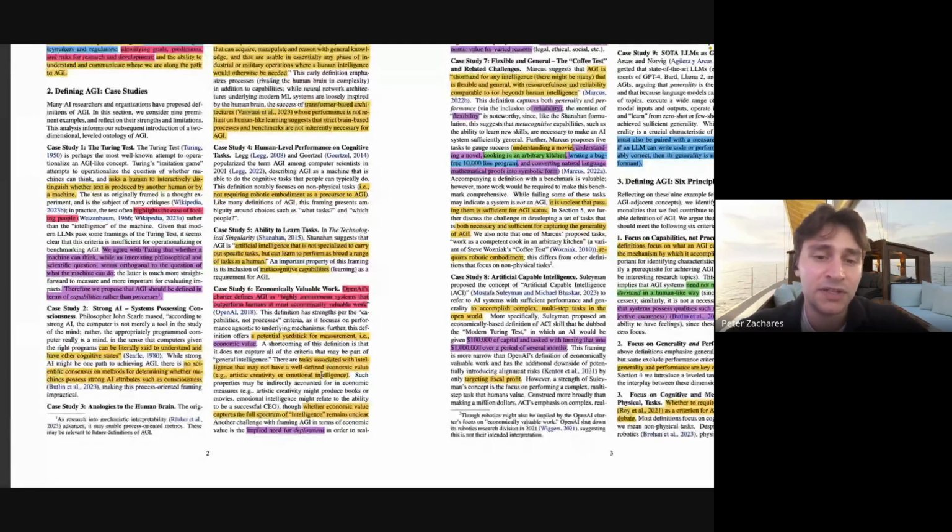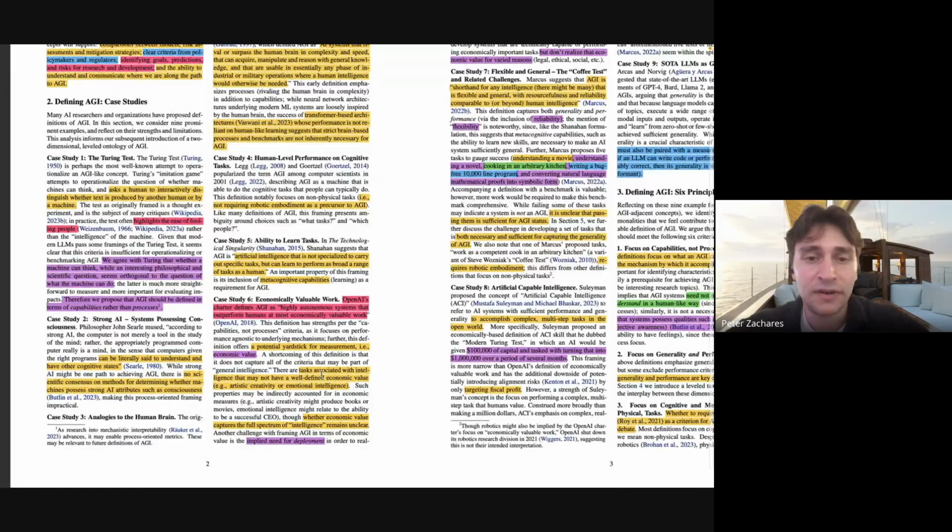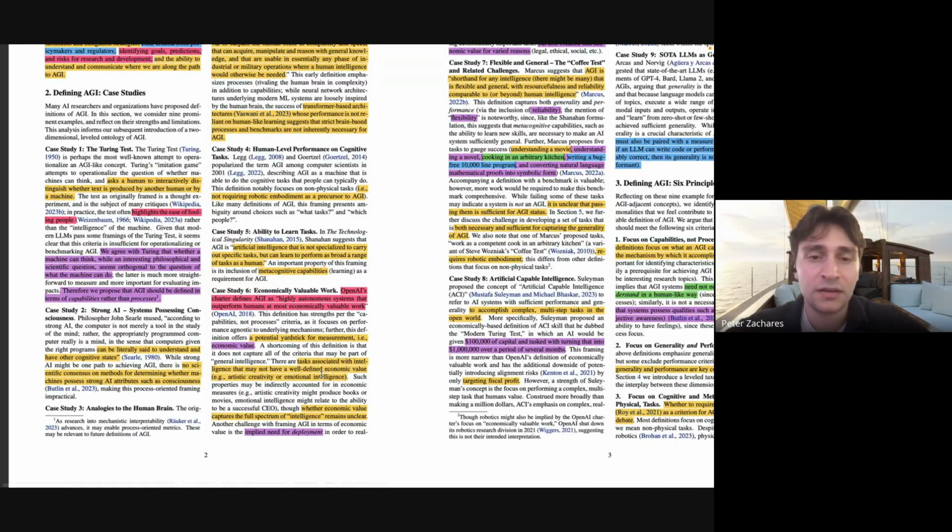But then they even point out that there's a lot of intelligence that people exhibit, like artistic creativity and emotional intelligence, that can't really be directly connected to economic value,